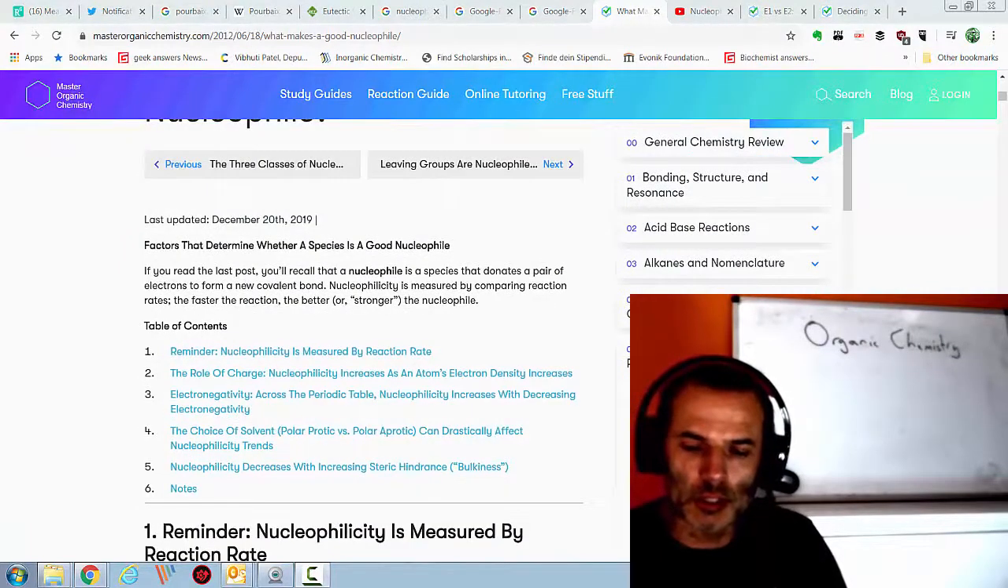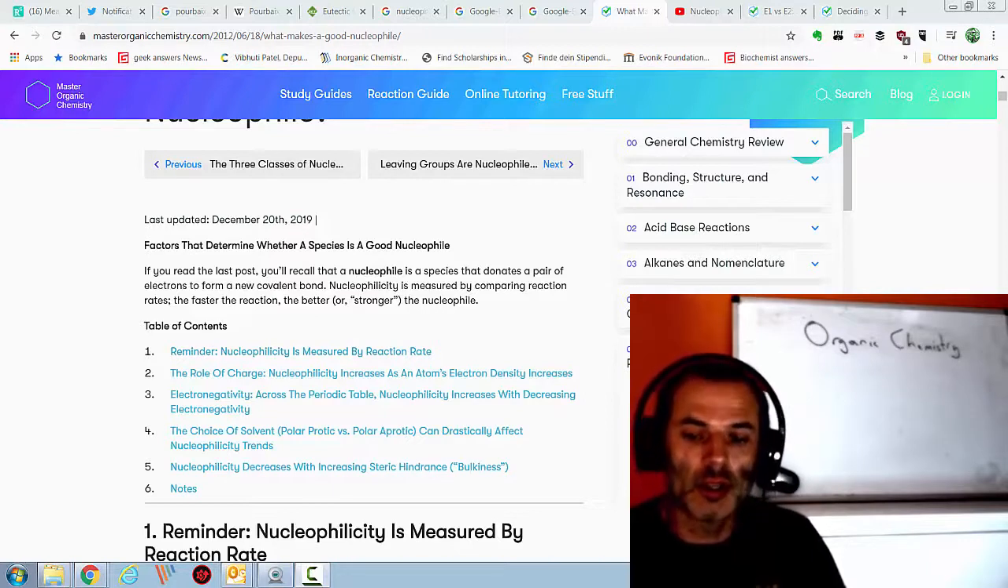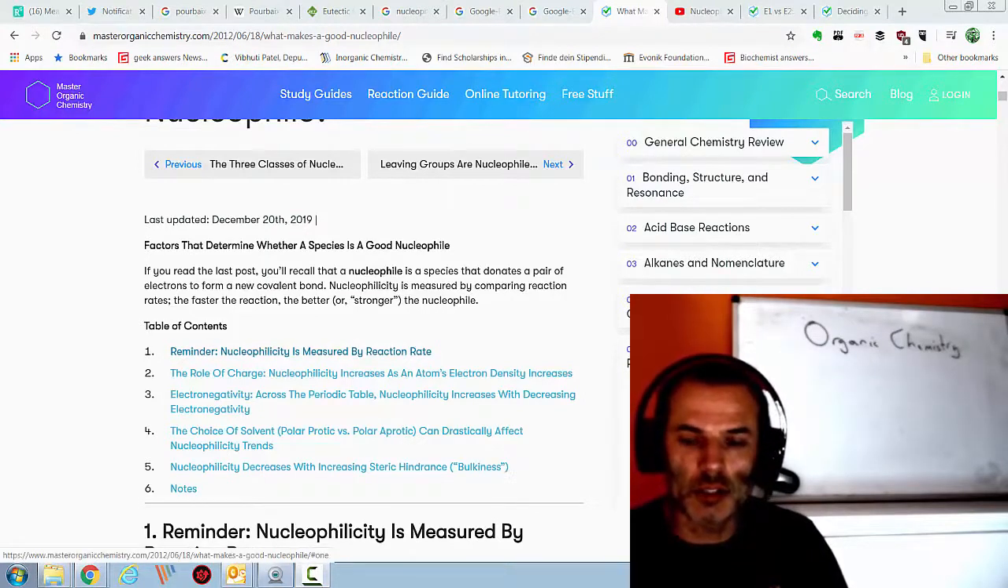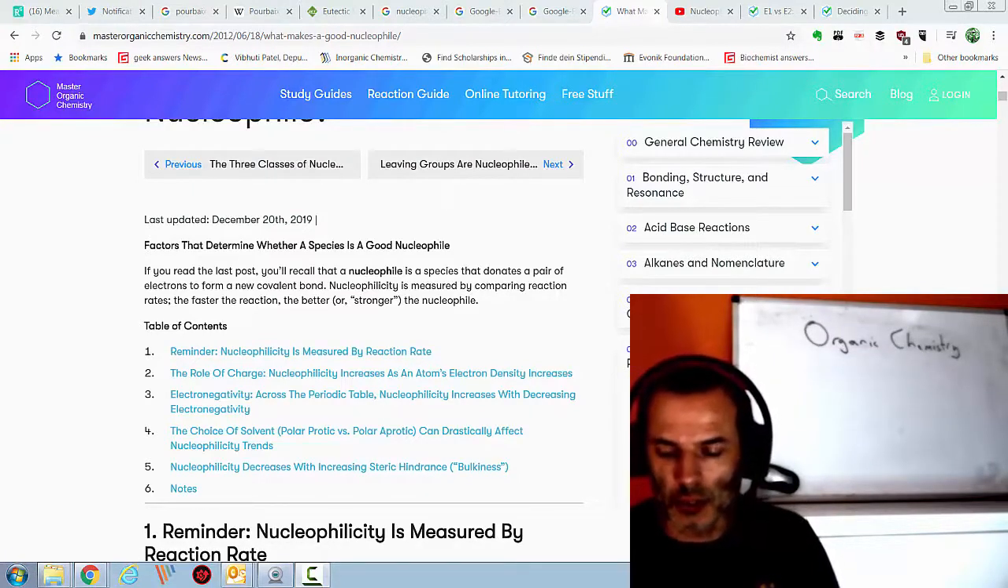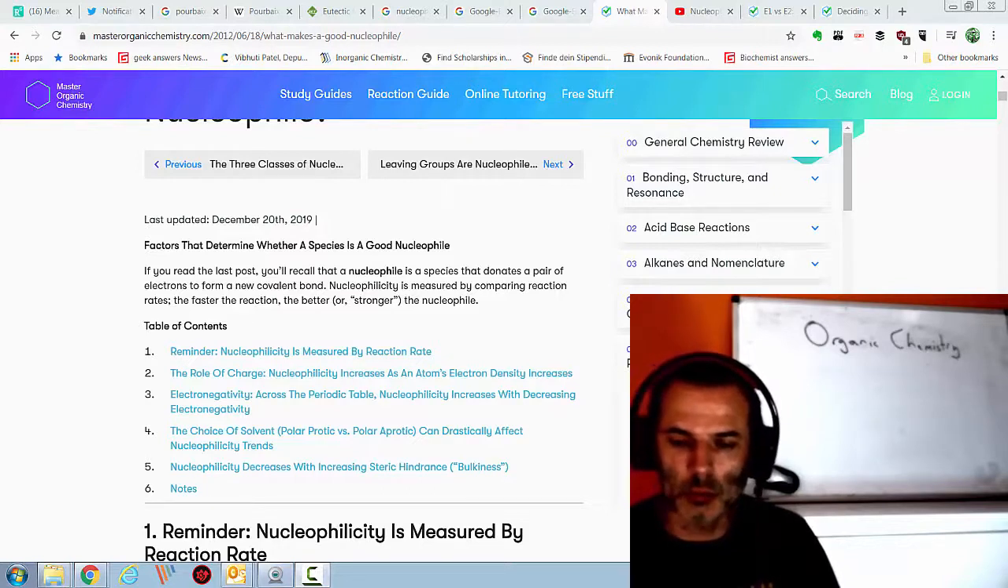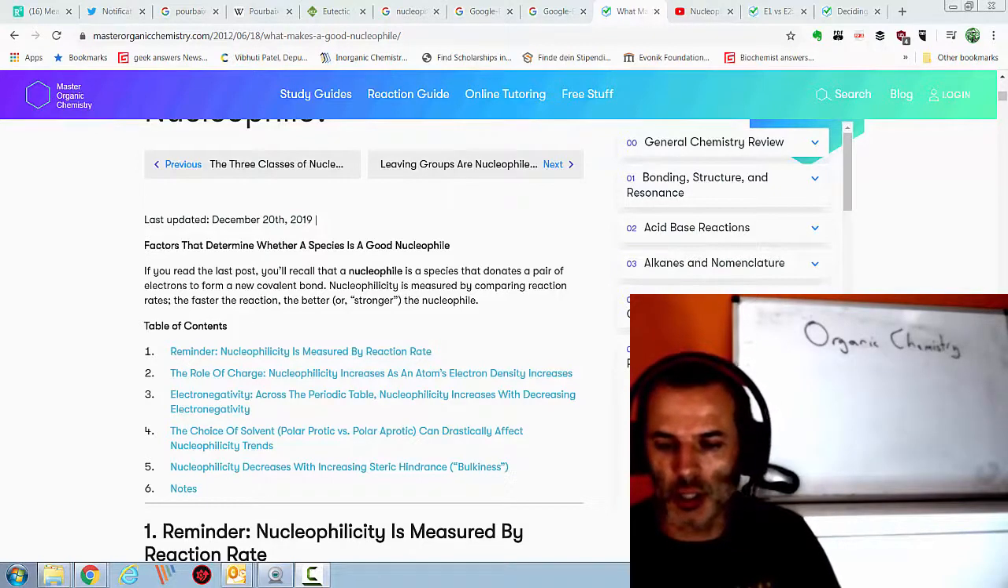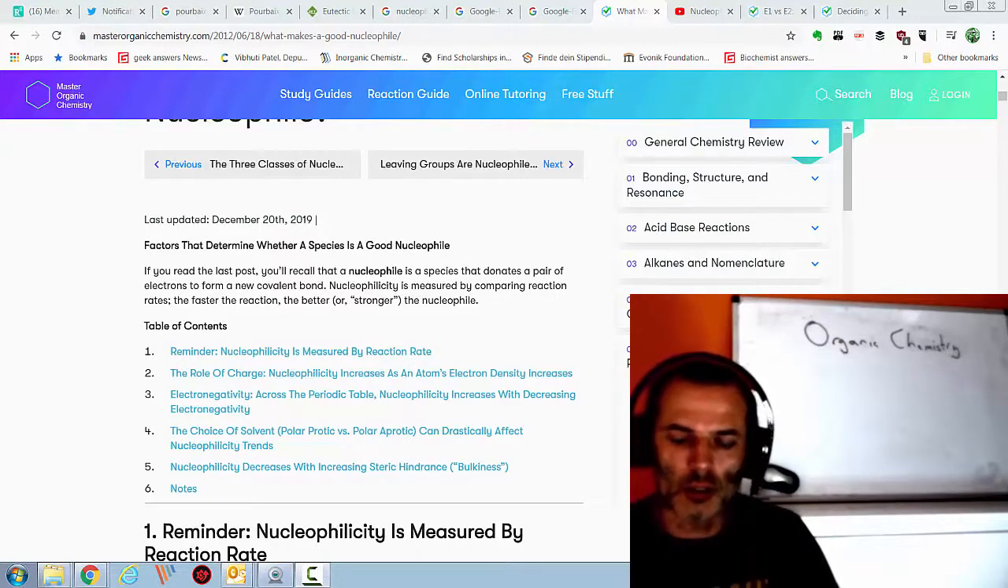So this page really summarizes the page before, but it is telling us one important thing, that the nucleophilicity is measured by the reaction rate, which is important because the basicity is a thermodynamic property. It's measured by the reaction energy, because acid-base reactions are super fast, so the reaction rate is unimportant. They're all very, very fast, so the strength of a base is determined by the reaction energy, whereas in an